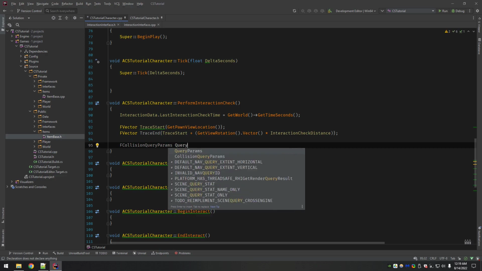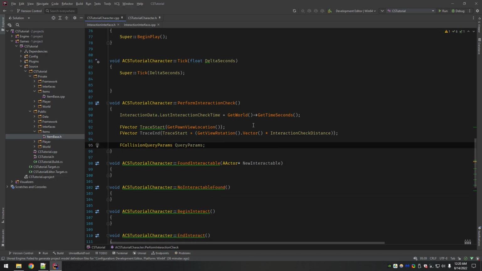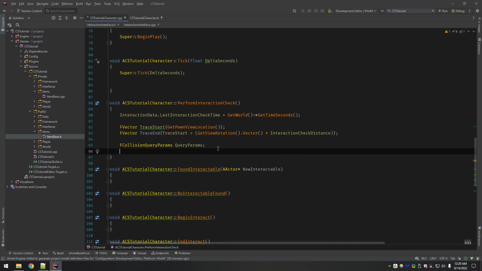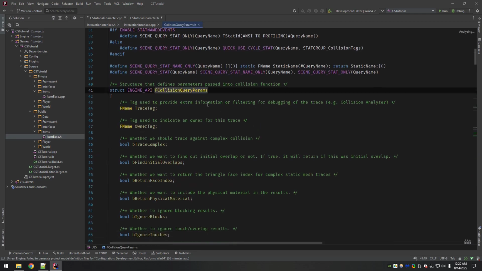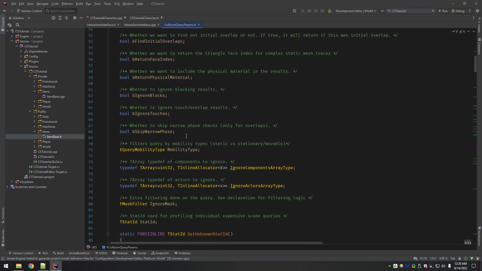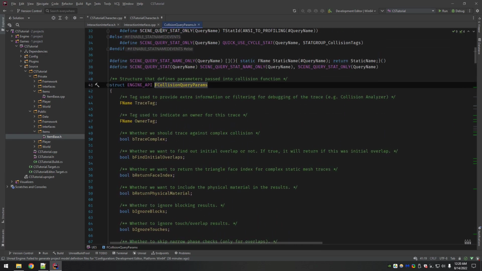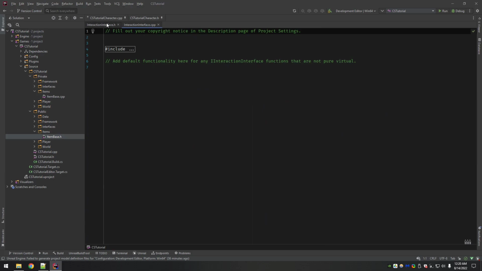It's a struct, so just call it query params. The query params contain some useful things for doing line traces. You can see here, use complex collision, find initial overlaps, etc. A bunch of different things you can set, masking, all kinds of useful stuff, right? But we don't need to get too far into that right now.